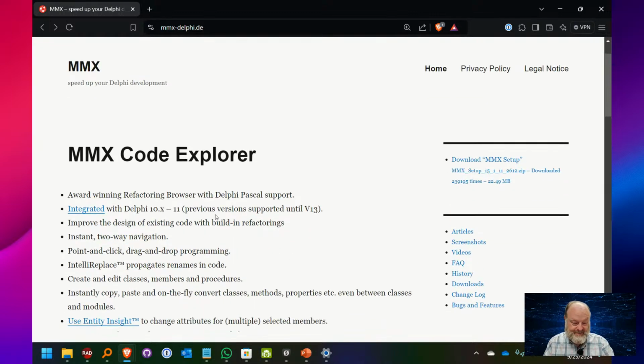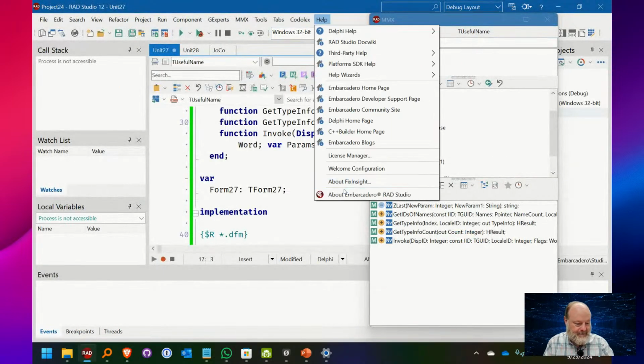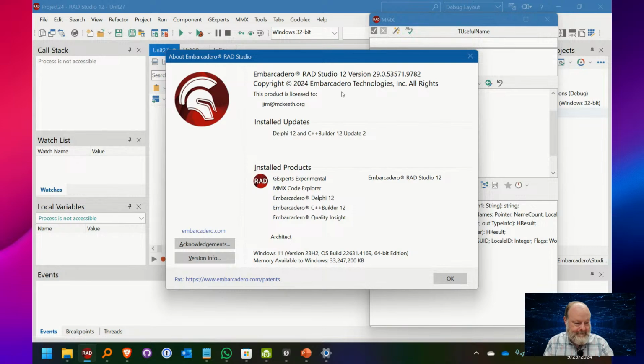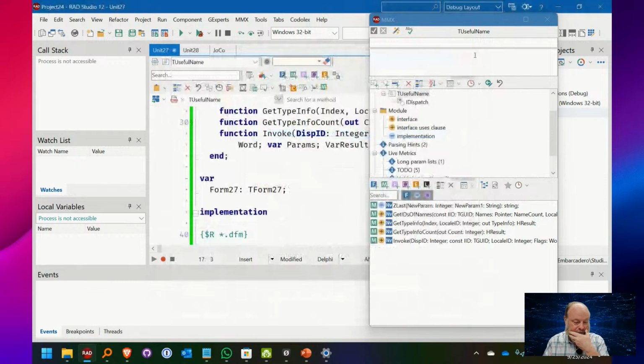The documentation, and like here it says through Delphi 11, I'm using it in Delphi 12. It works with Delphi 12. So documentation and stuff is not as up to date as the code is. The code does work with the latest version of Delphi. I'm running it in Delphi 12.2 right now. There it is, update 2. And it works fine there. So it does work with the latest version of Delphi, even though the documentation doesn't say that.